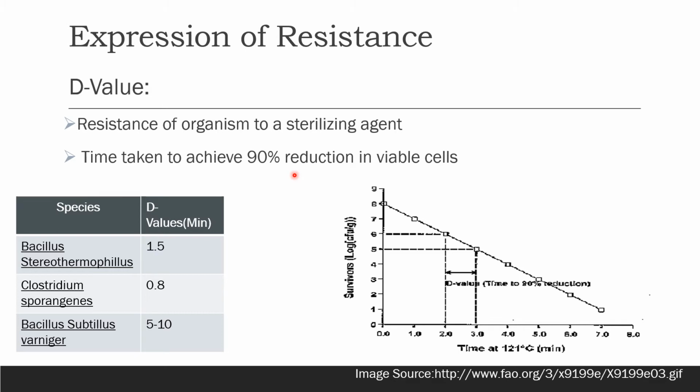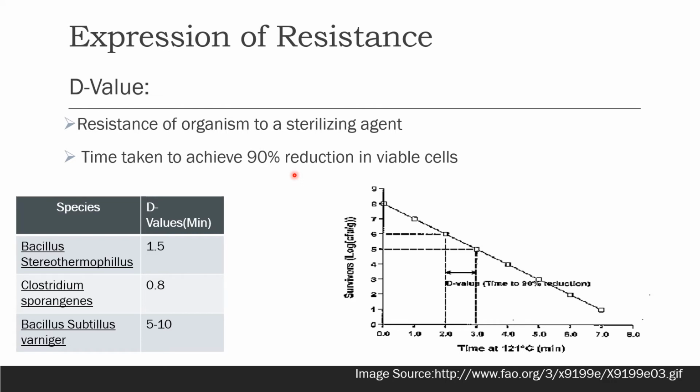The calculation of the D value may be obtained from a linear curve. In microbiology and sterilization processes, the D value or decimal reduction time is the time required at a given condition or set of conditions to achieve a one log reduction, that is, to kill 90% of the relevant microorganisms. This is known as the D value.